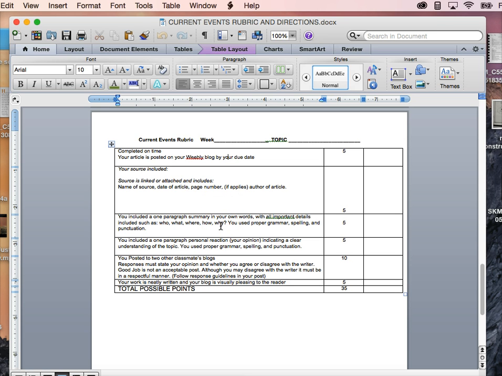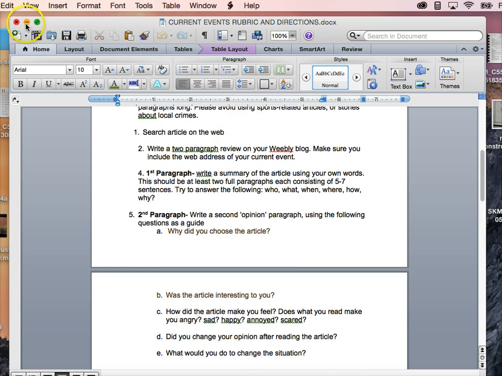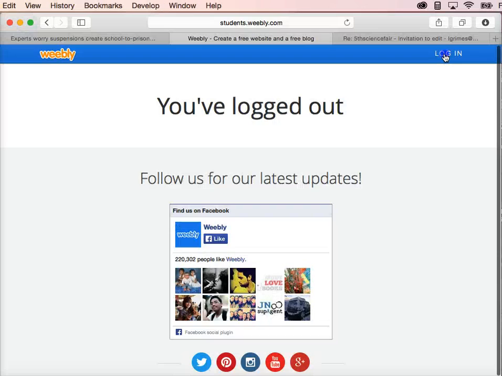include your paragraph and your summary. You need to include or post to other people's blogs. And you need to make sure that it's grammatically correct and it's neat and pleasing to the eye for the reader. If you do all of that, I believe that you will have a great blog. So now let's get into how to make your blog. And of course, sign in